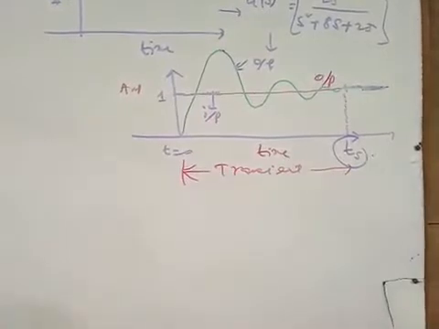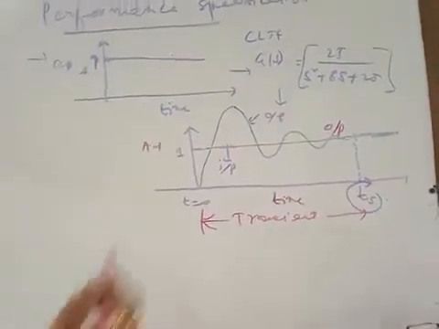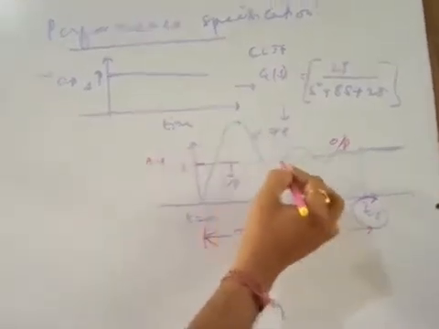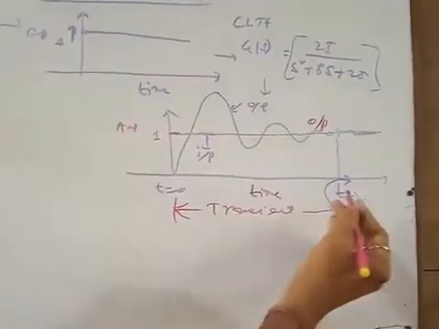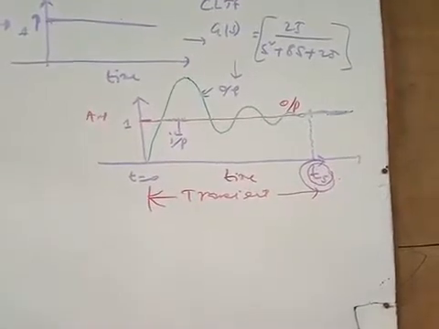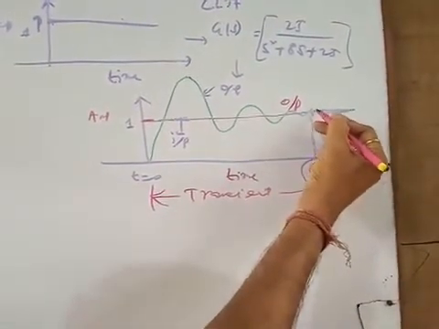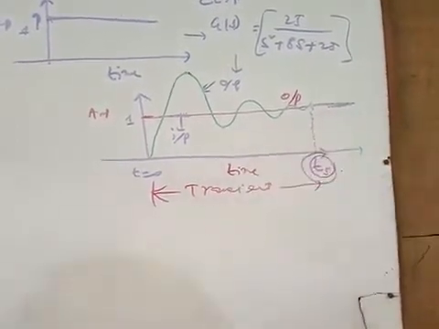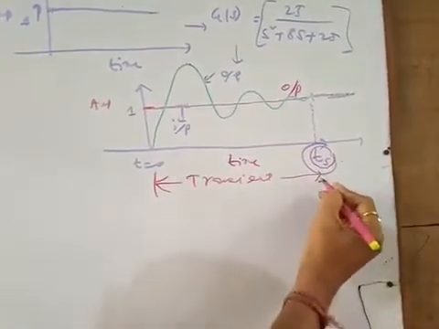Transient means there are oscillations about the desired position. This is your desired position, and about it there is certain oscillation. That means the oscillation persists, right? And after a certain time, say ts, maybe 5 seconds, 10 seconds, 2 seconds, 0.1 seconds, whatever it may be, you get the value of the output very close to the input, or actually equal to the input. So this part is taken as steady